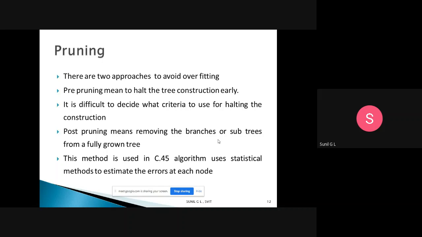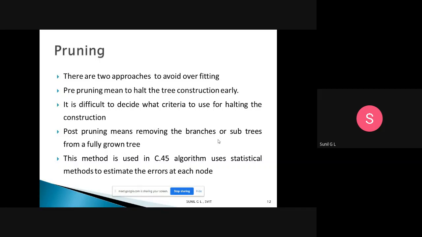While constructing the decision tree, you may get an idea that it is overfitting, and at that time you halt. Then what criteria do you select to halt the construction? That is very difficult to decide.